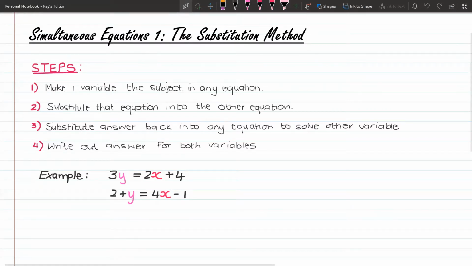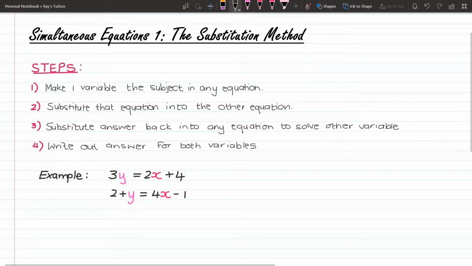In this video, we're having a look at how to solve simultaneous equations, specifically using the substitution method. So what is a simultaneous equation? It's when you have two equations and two variables, like the example given here. So we have to solve for both x and y, and here are the steps on how to do it using